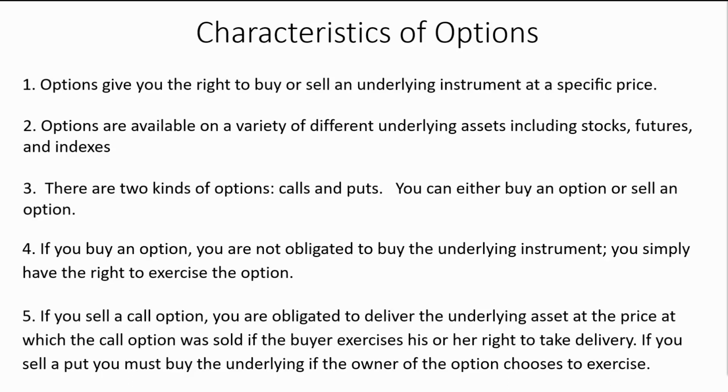Now, if you sell a put, you're obligated to buy the stock if the owner of the option chooses to exercise. Again, let's take that $100 stock, and you sold a $100 put on it because you think it's going to go up and you're going to keep all the premium. If that stock goes down to 95, you're forced to buy it for 100. That's your contractual obligation to buy it for 100. Now, your cost basis is going to be a little bit lower because perhaps you collected a couple of bucks for that option. But as the seller, you're the one that is obligated, as opposed to the buyer, who is not obligated.